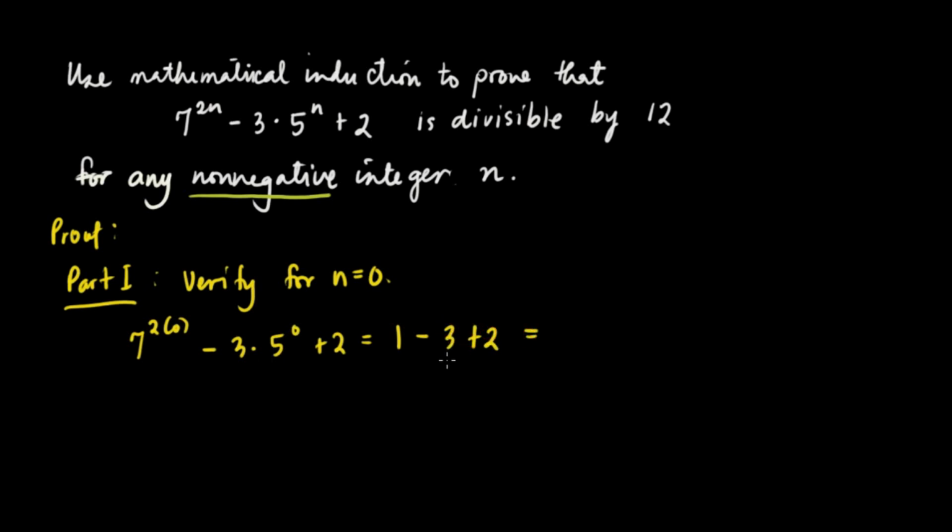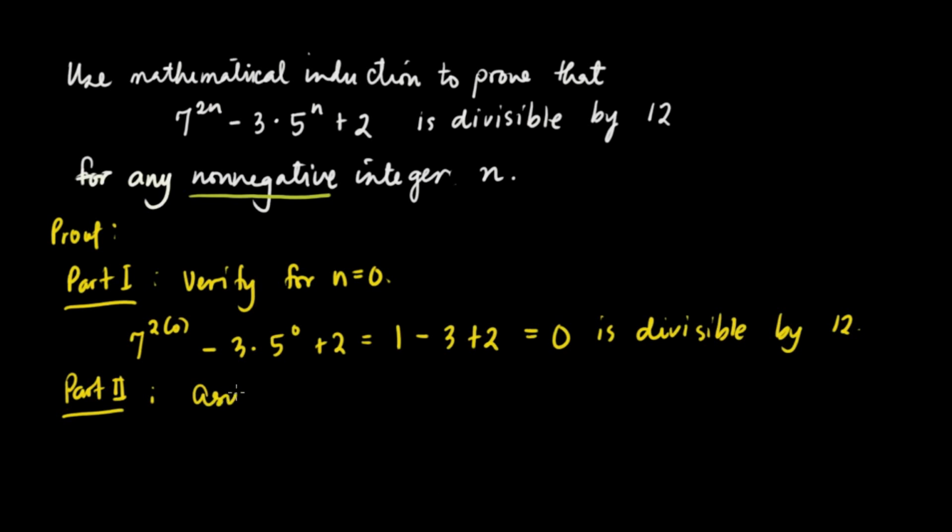So it will become 1 minus 3, that's negative 2, plus 2, that's 0. 0 is divisible by 12. And then, for part 2,